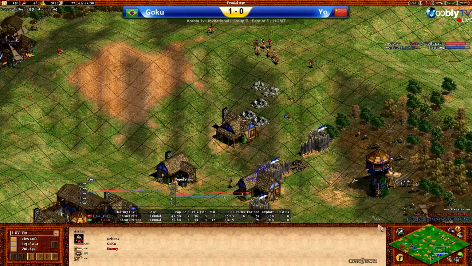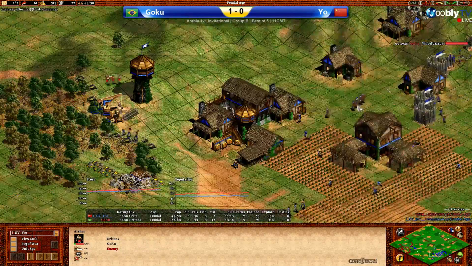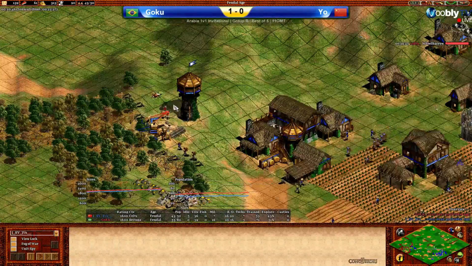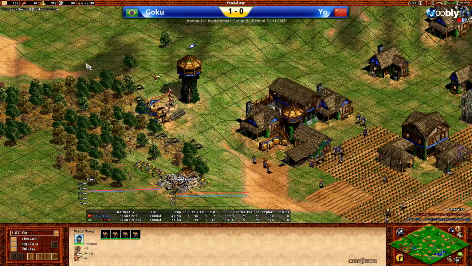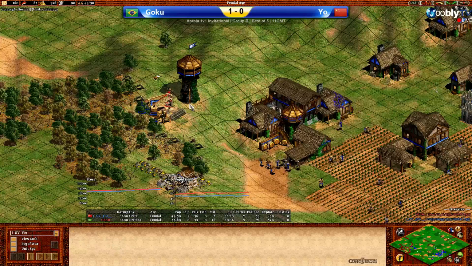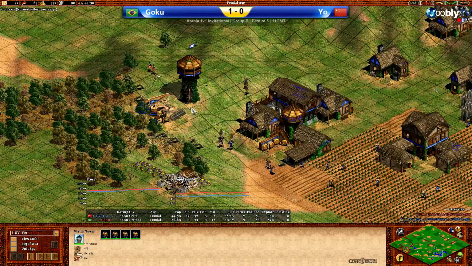There's no sense in losing it to any more skirmishers now, and he should either look for a safer place to attack or go home. But he is moving 3 more archers in on this wood line as well on the left, forcing half of Yo's wood gathering economy to either garrison or run away. Those archers are probably going to die now, but